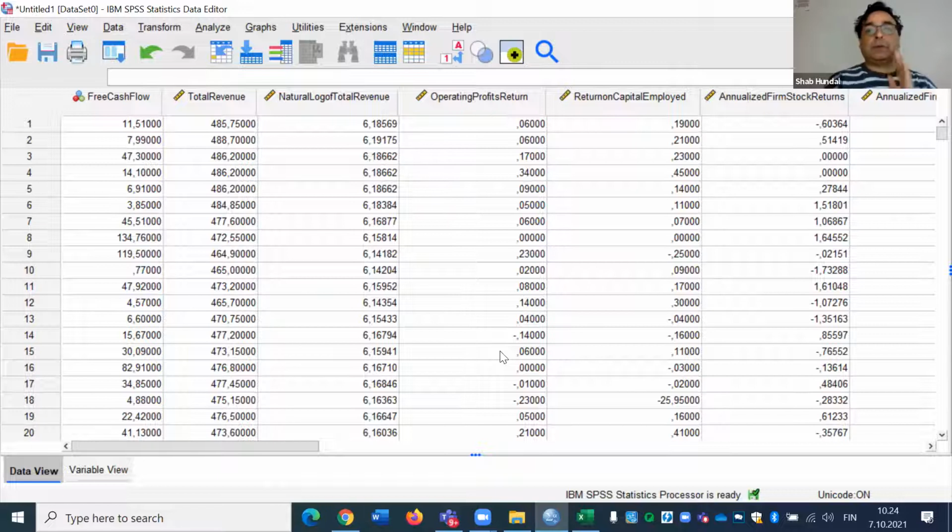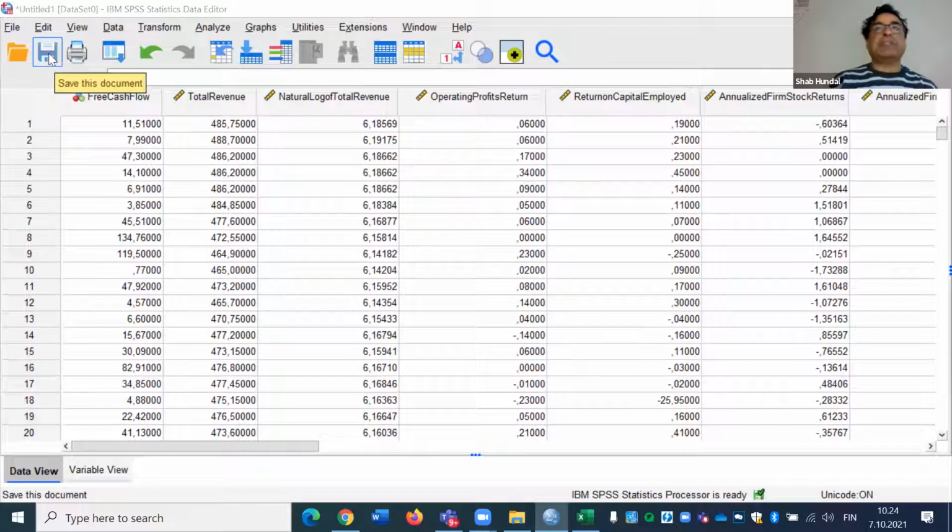Now this is how our layout appears to be. And I think now we are ready to analyze the data. And by the way, you can save your file in the SPSS format. So next time when you come back to the same database, you don't have to copy and paste everything. It will be there already. So that is a very nice function. All right, now we go to,